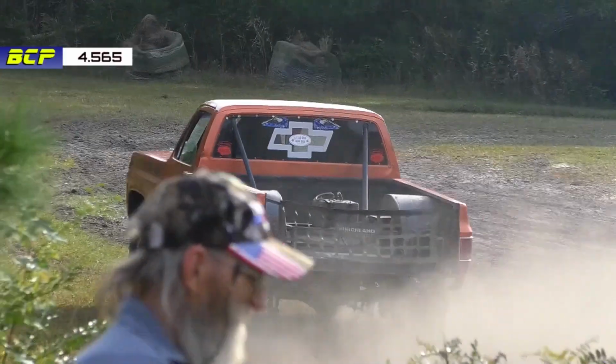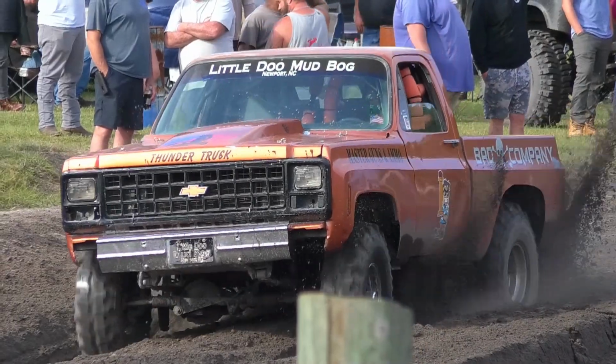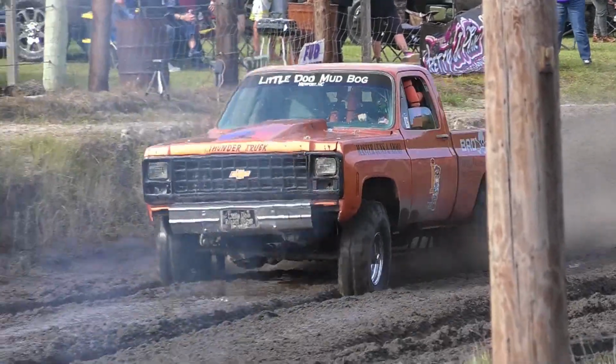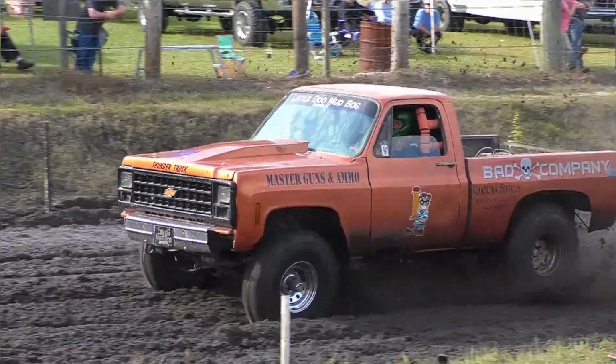The one they call Tabby Cat crosses the line at a 4.56 with a 5. Right on pace with Scotty, so the truck is consistent. Doesn't matter who's driving it. That's a good sign for this vehicle for the remainder of the afternoon, because this is not the only class they're running in, but here at their home track, the track named for them,